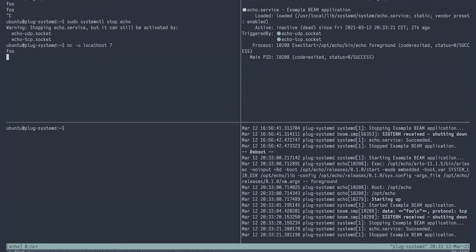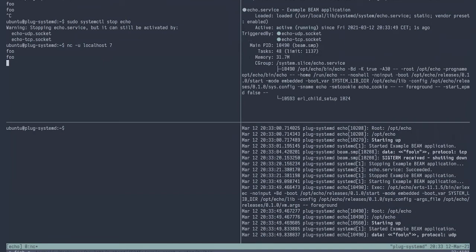So if we send, then we can see that the application started. We can also see that the application was